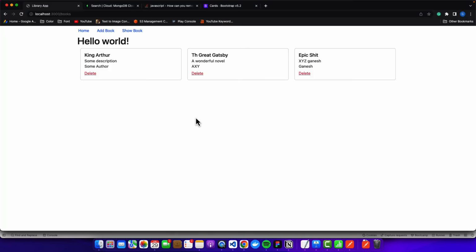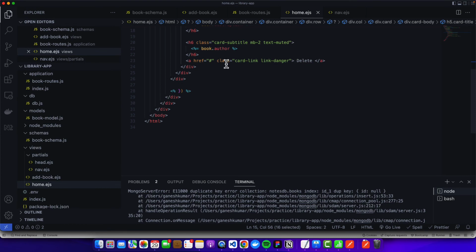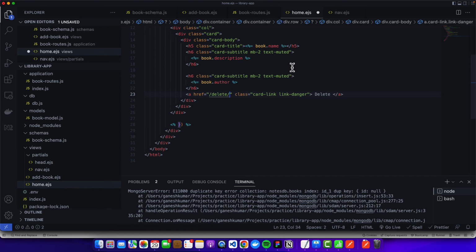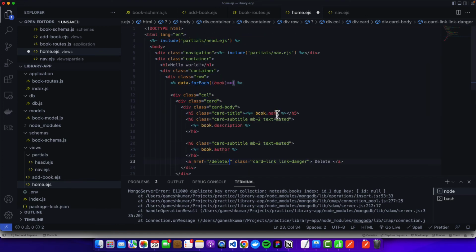Okay, now we have the delete button. If I click this delete button, nothing is happening. So I can redirect it to a delete endpoint, and I can send the ID of that particular post. So how can I do that? So I can simply say